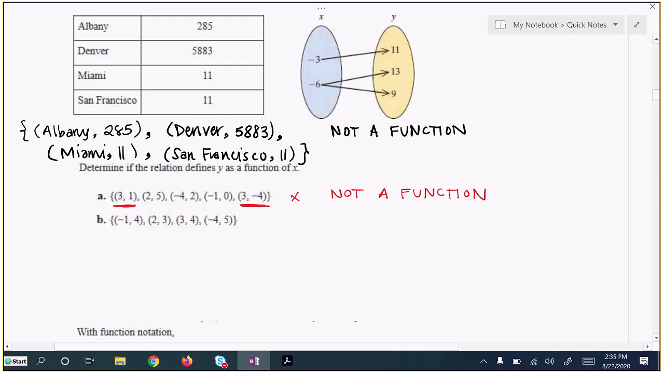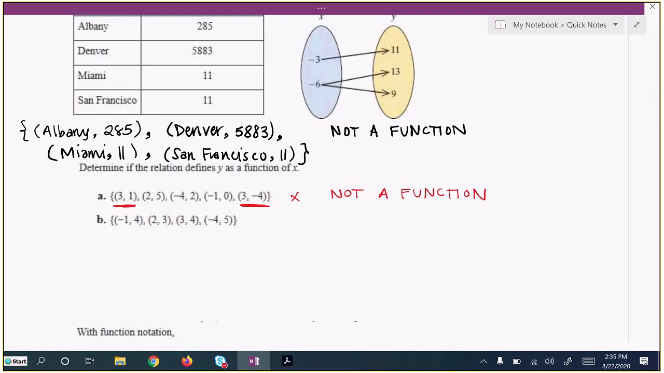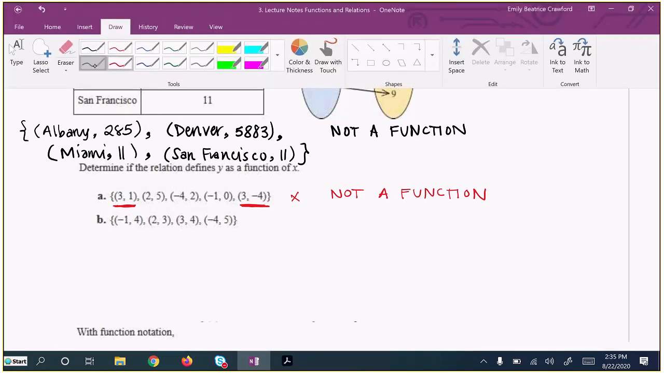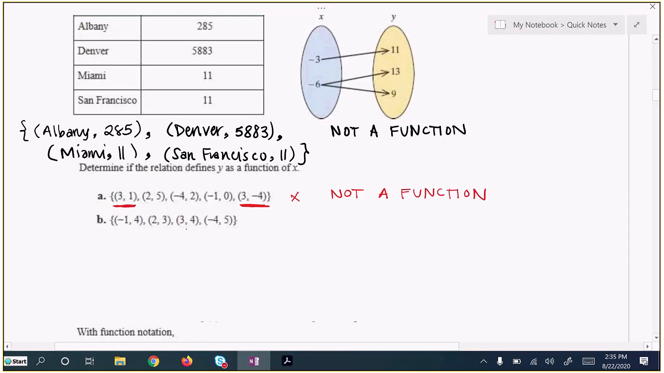Now let's look at the next example, B. So if x is -1, then y is 4. If x is 2, then y is 3. If x is 3, then y is 4. If x is -4, then y is 5. That should be just fine because we have 4 different x values, and they are going to, in this case, 3 different y values, but that's perfectly fine. This is a function